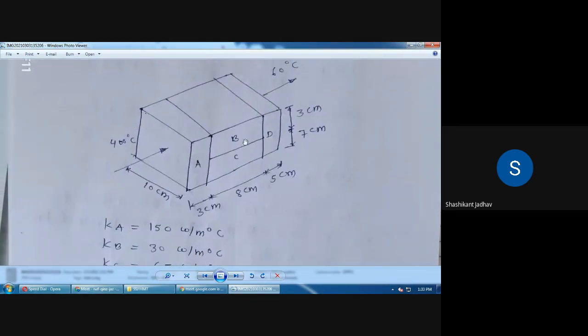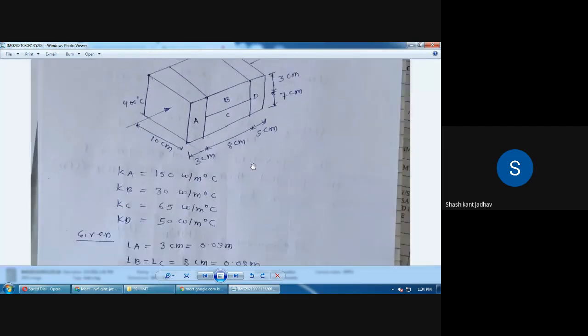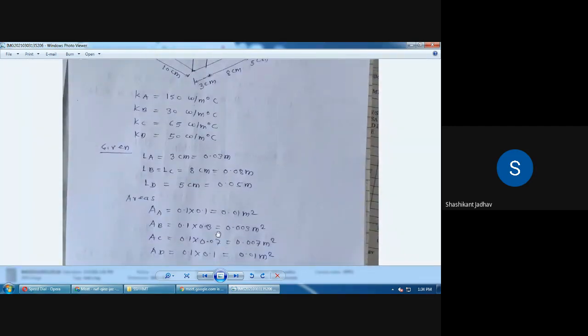Similarly, what is the area of layer B? This is your layer B, where a line is drawn like this. What is its height given? 3 centimeter, and what is the width? 10 centimeter. So 3 into 10, with 3 in centimeters. To convert into meter, 0.03 meter into 10 centimeter, that is 0.1 meter. Understand? The line is here, and the same line is there. So this half portion is the area of layer B and the remaining portion is the area of layer C. So the area for B is height 3 and width 10, that is 0.1 into 0.03.